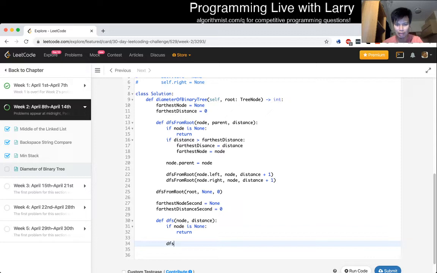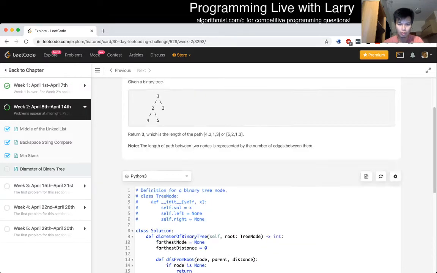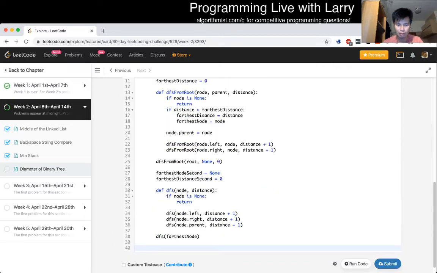But now we go in all three possible paths. But this time we should keep track of the stuff we've seen because now there are cycles. We just need the length, so